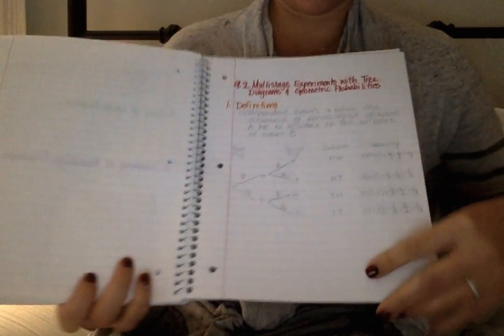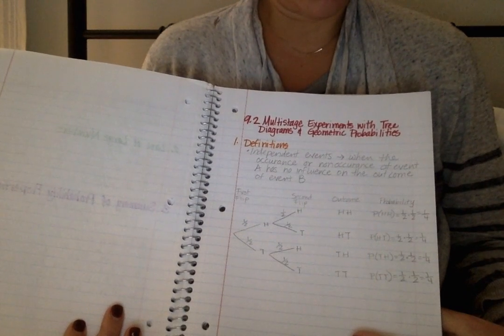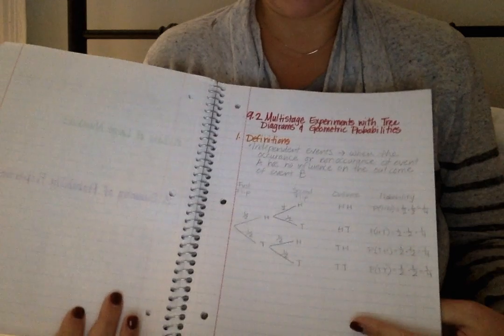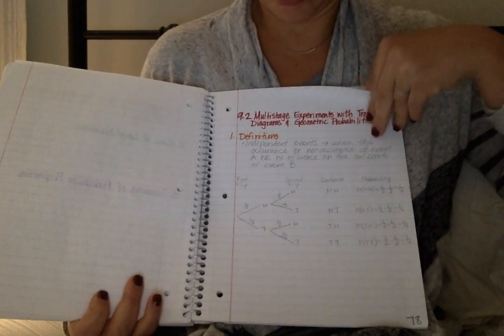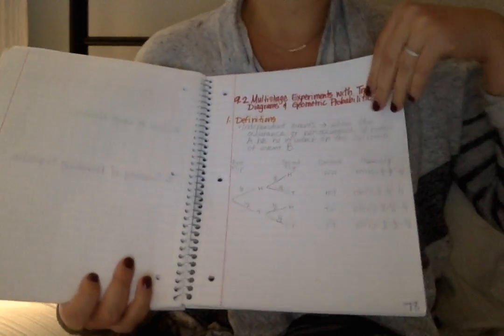9.2, multi-stage experiments with tree diagrams and geometric probabilities with the definition and an example. And that's page 78, the end of